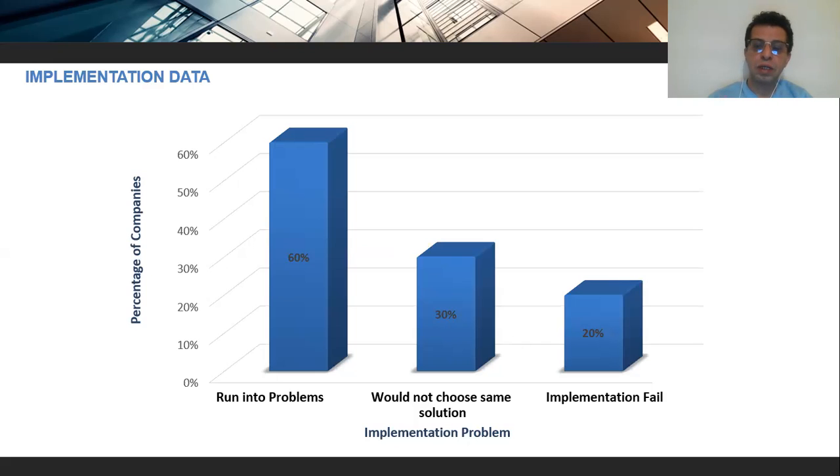And the reason is that they did not follow the right process of selecting or evaluating their current solution, and whether this application would be helping them or whether their headache is more than that. And there is a 20% fail. When it fails, it means your money is gone, the resources are gone, the time that you spent on it is gone. So these are all costs, and 20% fail. But actually these numbers are much higher. Sometimes there is a cover-up, because an employee involved in it doesn't want to say it's failing or causing trouble.